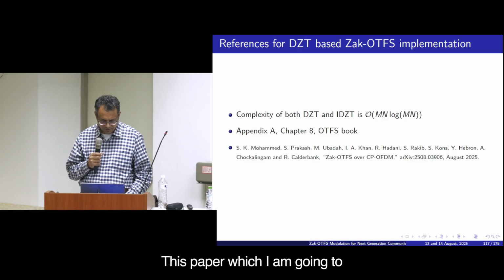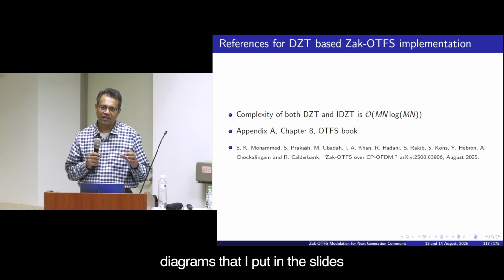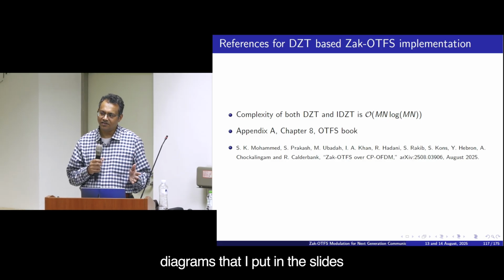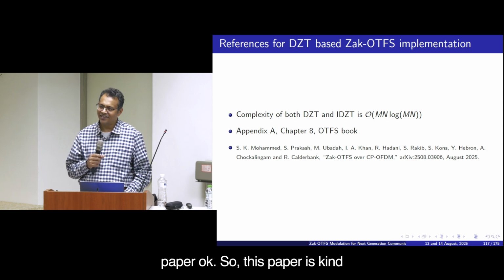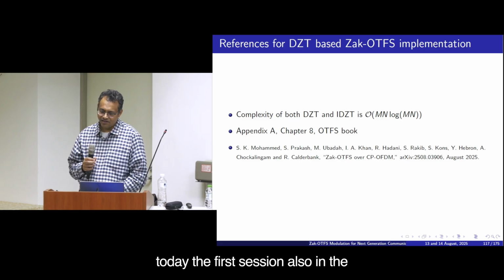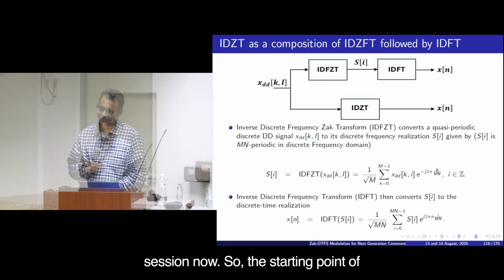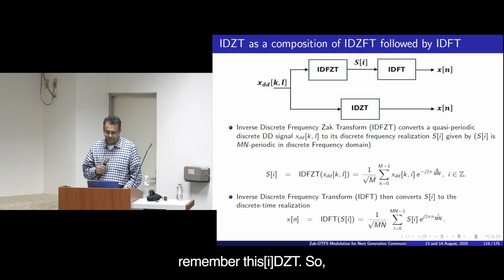This paper, which I am going to discuss next, also has the diagrams that I put in the slides in the morning. It contains everything that we are discussing today, in the first session and the session now. So the starting point of this session is this slide,